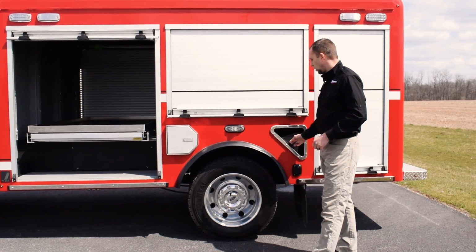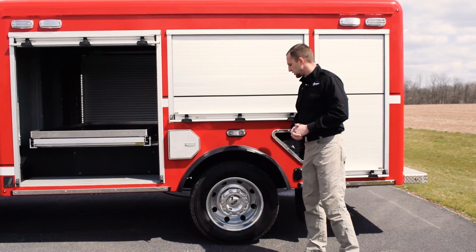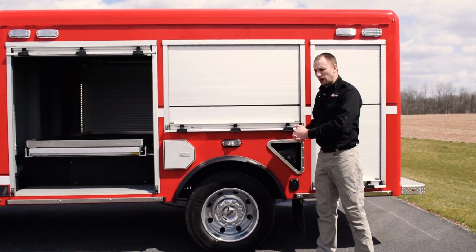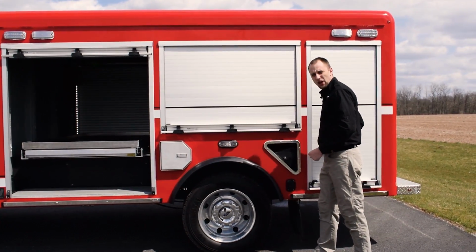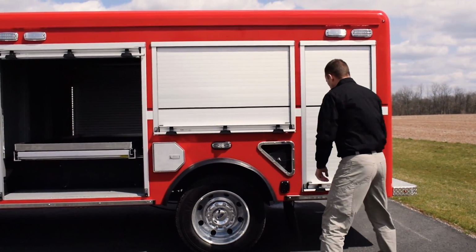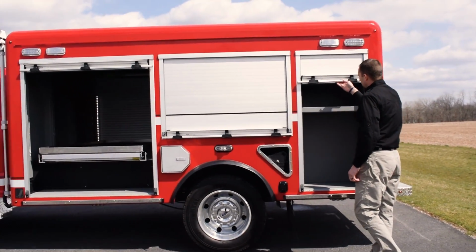We have a wheel chock area, another one of these 500 series lights here on the side. These are really nice too, because when you're parked along the road, you actually get some side warning down the side of the truck, versus just a light that might point straight out the side. The very back compartment,